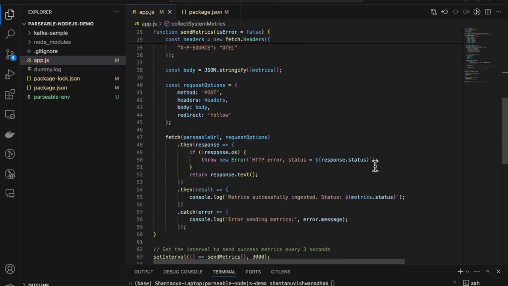One is the system will send logs every 3 seconds. In every 3 seconds, these are some randomly generated logs which will contain system metrics, some performance metrics and stuff like that. And there are two endpoints that we have